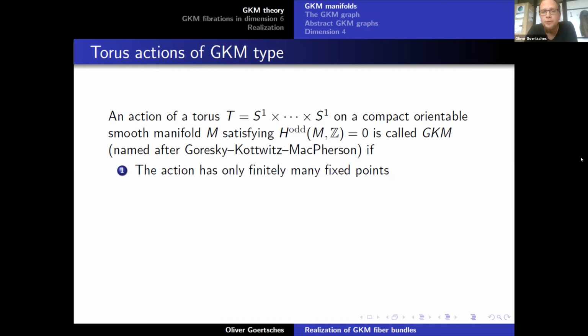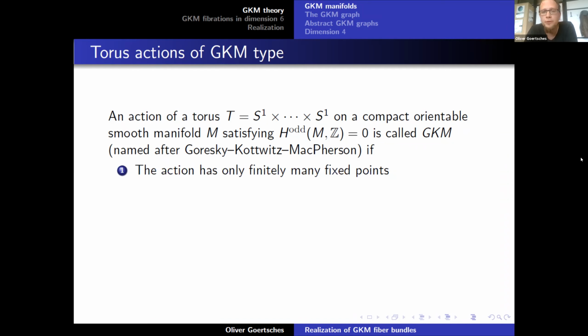Now one has to distinguish 2 cases. I think Taras already asked about this after Michael's talk yesterday. If we don't have an almost complex structure fixed, then these weights are only well-defined linear forms on T up to sign. If I don't have an almost complex structure fixed in my 2-dimensional subrepresentations, I cannot distinguish between clockwise and counterclockwise rotation, so my weights are only well-defined up to sign. But if I have an invariant almost complex structure fixed, then these weights are honest elements in T star.